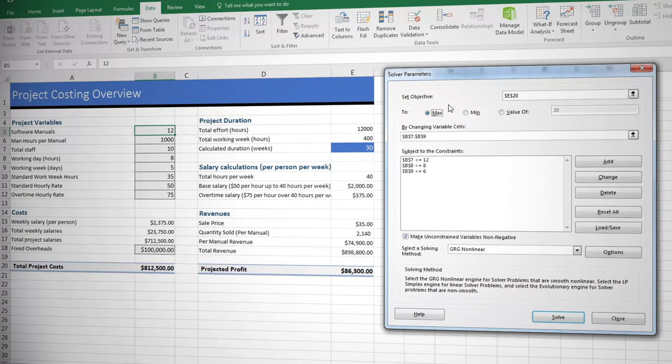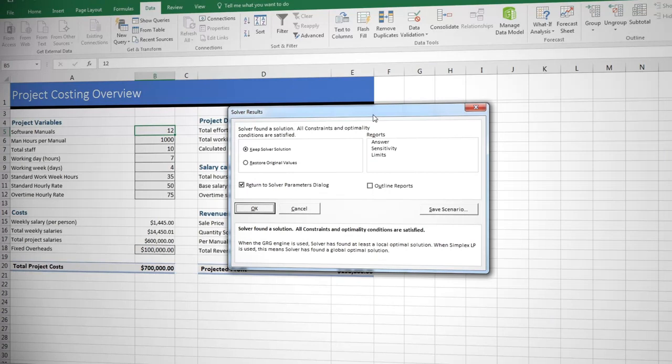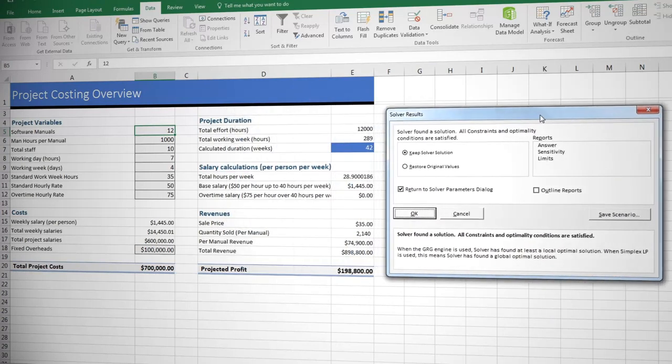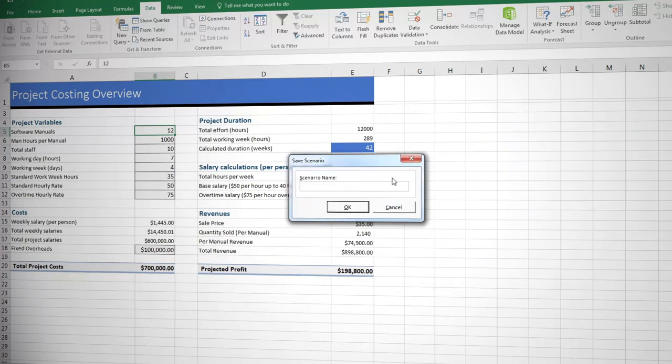So the same constraints apply. And we're going to click Solve. This should be interesting. Let's have a look. Well, we've managed to more than double our profit, but it has come at a price. Our duration is going to be 42 weeks because to get the profit, we have to reduce all our overtime. Well, that's interesting. So let's save that scenario as well, and we're going to call this 42 weeks and say